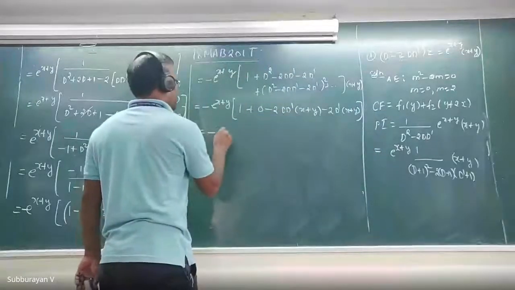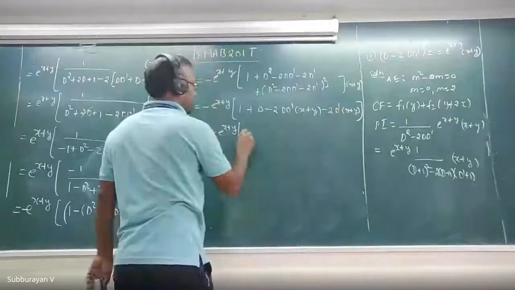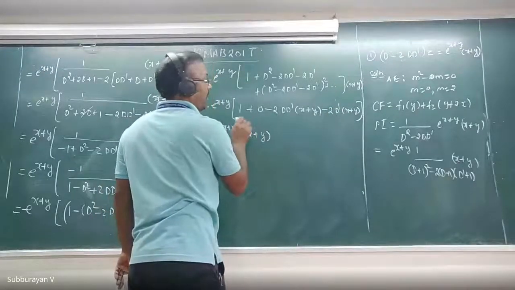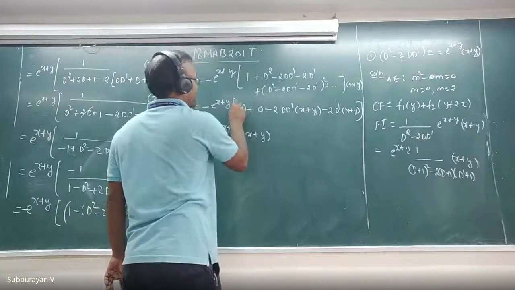It is equal to minus e power x plus y, and then I multiplied this inside, therefore x plus y. We have to multiply it here, x plus y. This is x plus y. X plus y